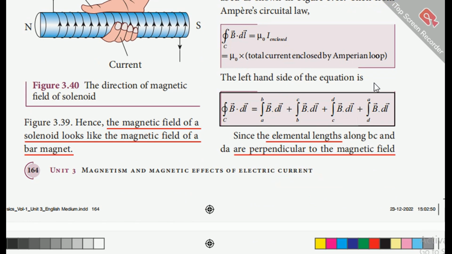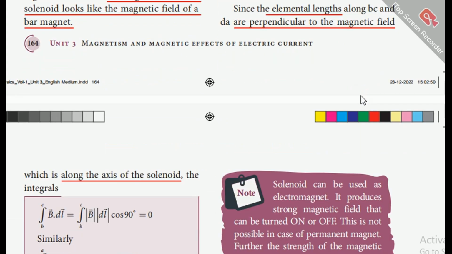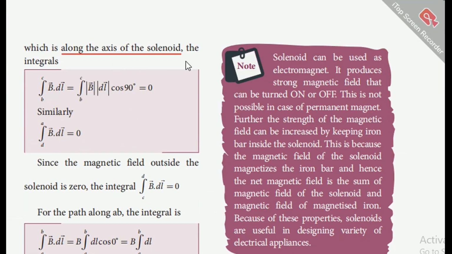The left hand side of the equation is given by the closed integral of B dot dl, that's equal to the integral from a to b of B dl, plus the integral from b to c of B dl, plus the integral from c to d of B dl, plus the integral from d to a again of B dl. Since the elemental lines along BC and DA are perpendicular to the magnetic field, which is along the axis of the solenoid,